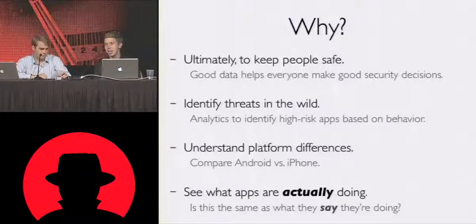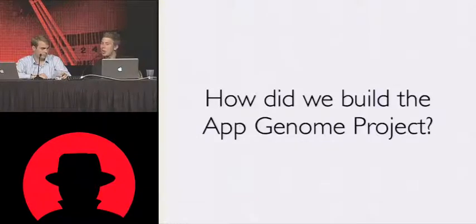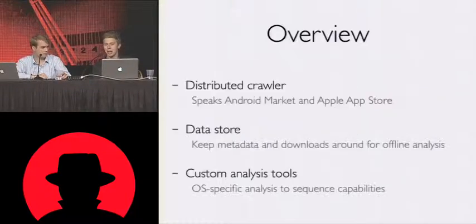And having data to actually help us identify things in the wild that have some sort of mismatches is good. And now we're going to go over quickly how we actually built this thing. Quick to orient everyone, there's 3 main pieces here that we want to talk about. One, we built a distributed crawler. It speaks Android Market and Apple App Store, so it talks directly to these marketplaces and gets metadata and downloads